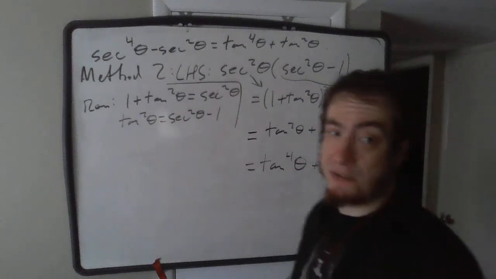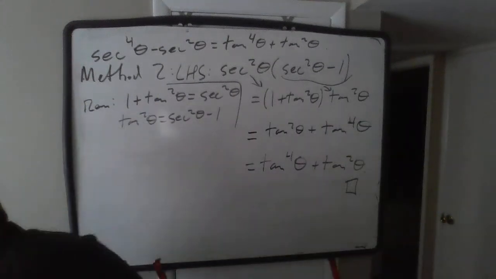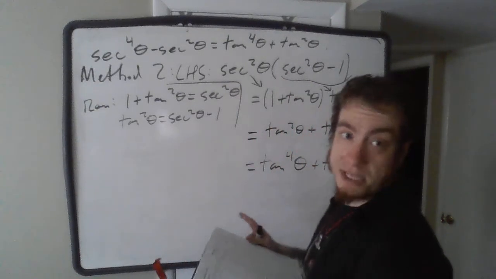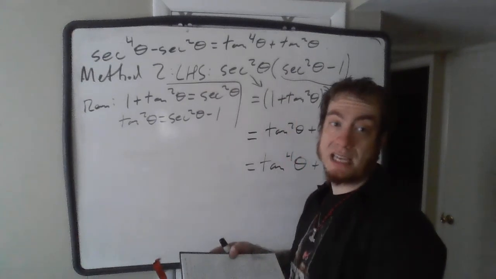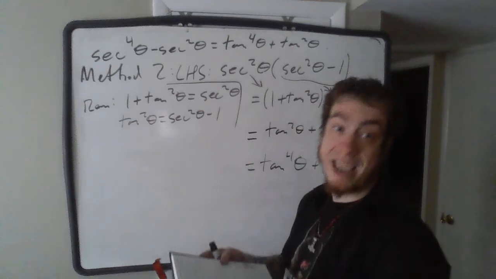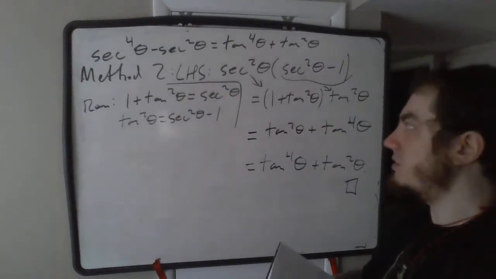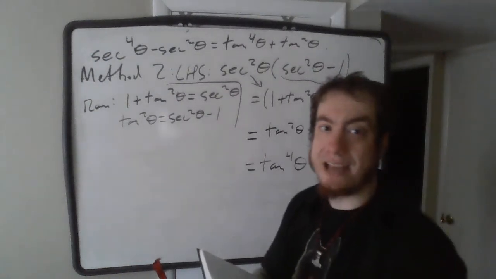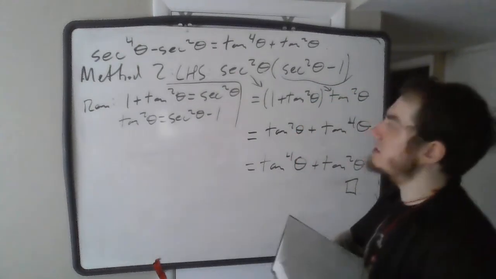They're both perfectly fine. Now, I want you guys, as a little bit of practice here, in your books, on page 641, this was problem 37. I want you guys to take a look at problem 38. Problem 38 is almost identical to this one, except it's in terms of cosecants and cotangents. So as a little exercise, I would like you guys to, you're not going to turn this in or anything, but as an exercise, go ahead and try to do problem 38 and follow along and see if you can do it